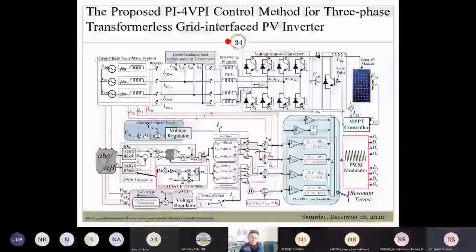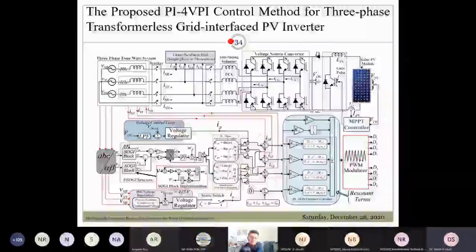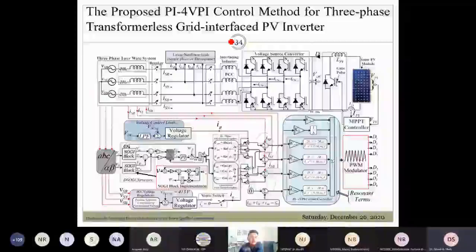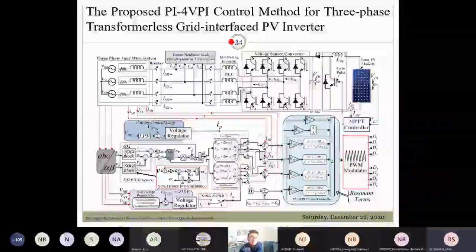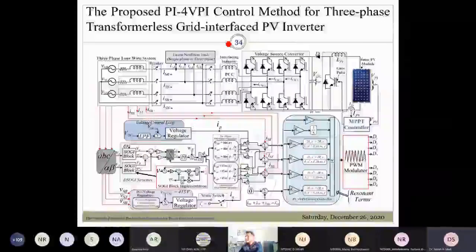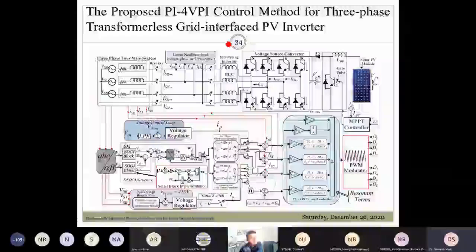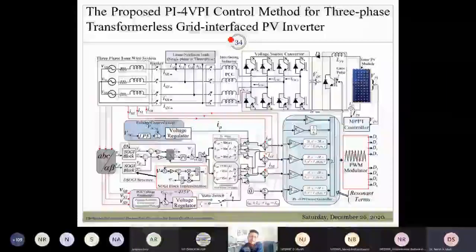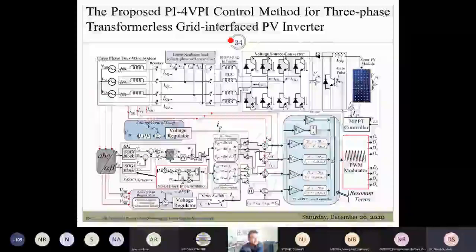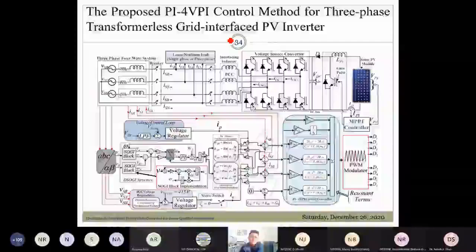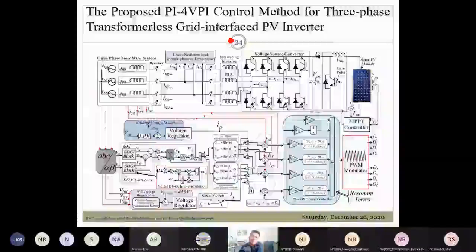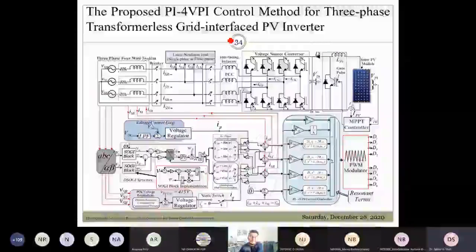No, sir, but I'm not getting that. Why would you like to do real-time KP KI tuning all the time? Once your system gets tuned one time, finally we are supplying that, let's say, as a multifunctional PV inverter. We are not going to change KP and all those things. So once we fuse it, then that controller has to go ahead with those PI tunings, and it is working in real time. So see, it's not that every time I have to change the values of KP and KI in real time. Once you have tuned it for certain parameters, it will work absolutely fine even for the steady state and even for the dynamic operating conditions.